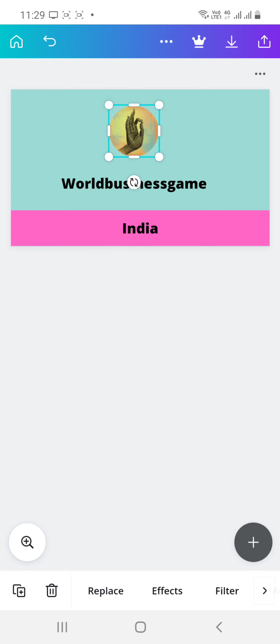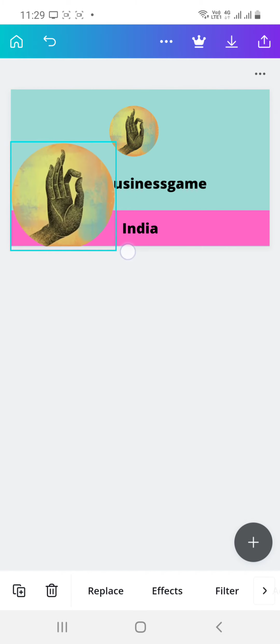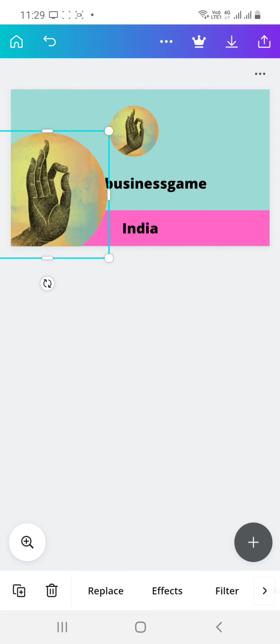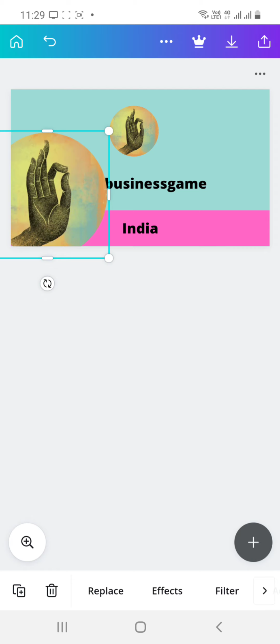Now I am pressing the plus button over here and increasing my logo size. Now the concept is clear of how to upload photos inside the document. Now what I'll do is make it lighter, with a transparent shade. Okay, now see, I have placed my logo on the bottom left side.